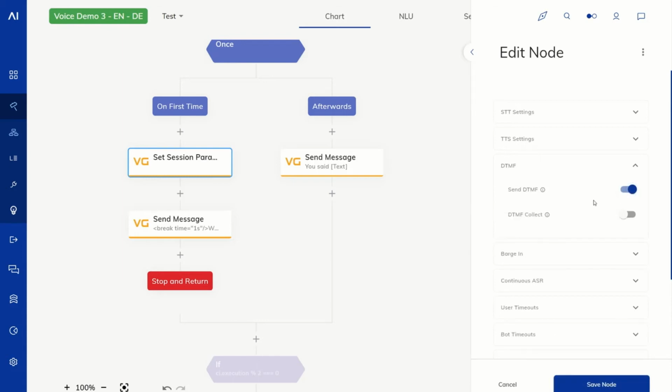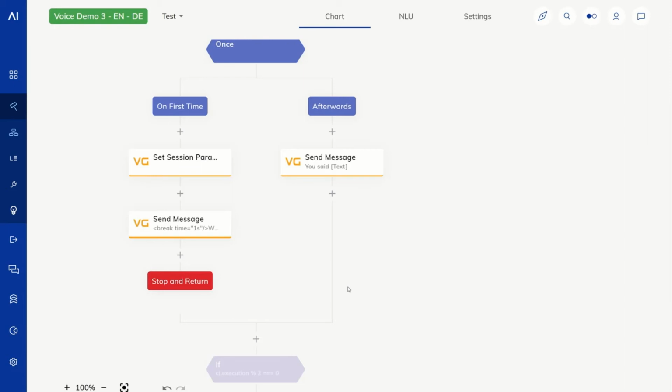So you can activate DTMF, and now if I press a button on my phone, it's going to send that number. So if I press 1, it's going to send 1. If I press 2, it's going to send 2. It's going to arrive in Cognigy as input.txt. There's also a specific data event that's coming. But if I press 1, 2, this is going to be 2 messages. It's going to send 1 and it's going to send 2. Yeah, let's see what that sounds like.